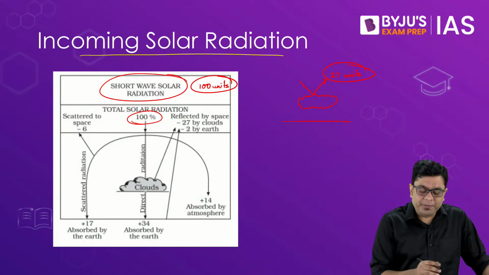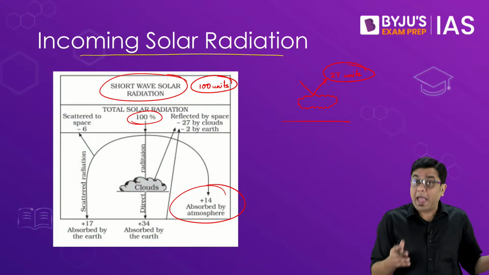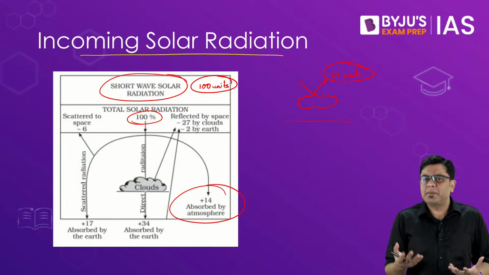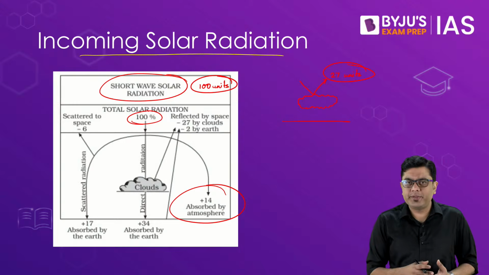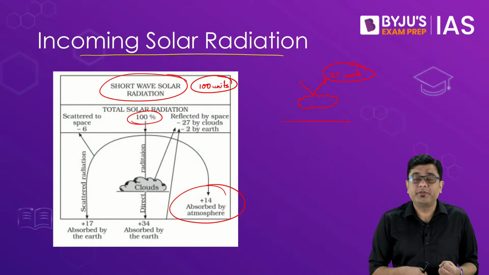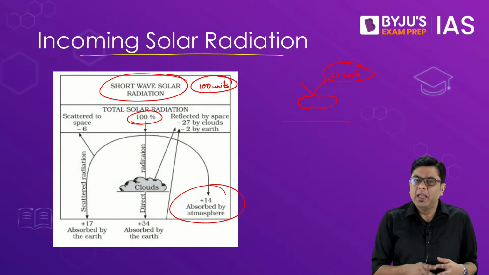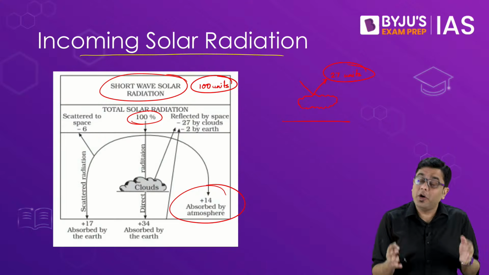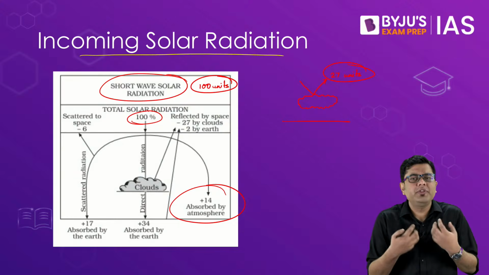Then, if you observe, some amount of this solar insolation is absorbed by the atmosphere itself. Now we know that the atmosphere is composed of various different constituents. What are they? You have the presence of gases, water vapor, and we also come across the presence of dust particles. Together, all these three end up absorbing a significant amount of this solar insolation. And that is also what leads to some amount of heating.